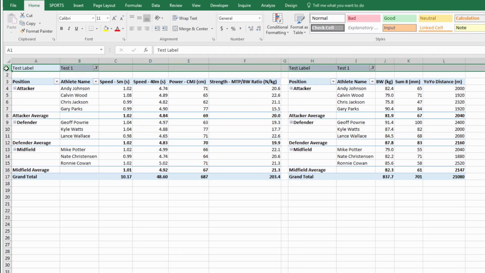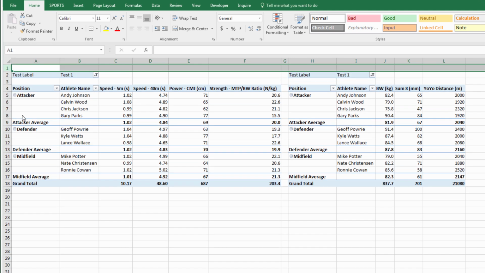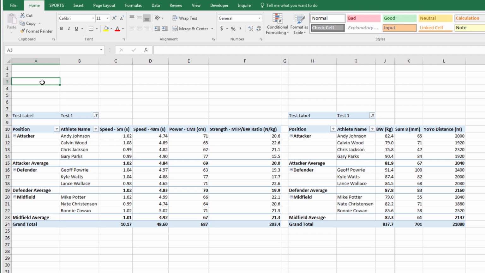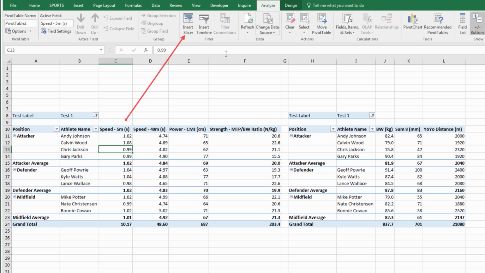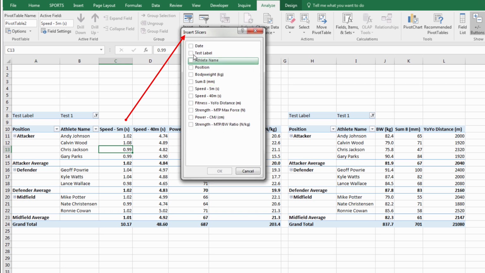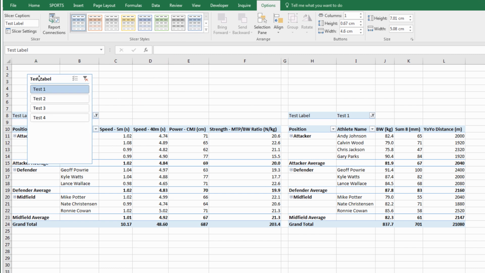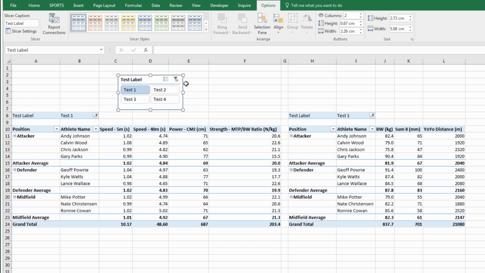If I'm on a PC, what I can do is insert a couple of rows up above, and while I'm inside one of the pivot tables, I can insert a slicer for test label. Bump up to 2 columns so that we can have a smaller slicer,